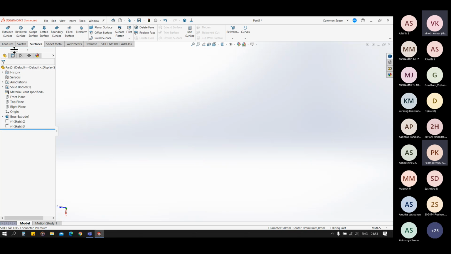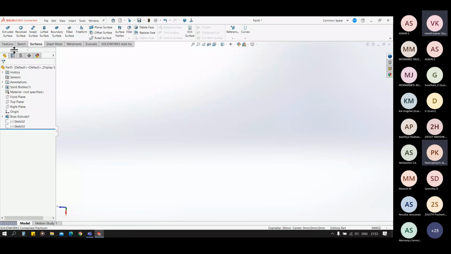In the fillet we can add a fillet to the corner, but remember one thing: for the fillet, we have to merge the surfaces to make the fillet. In the delete face, we have three options: delete, delete and patch, and delete and fill.